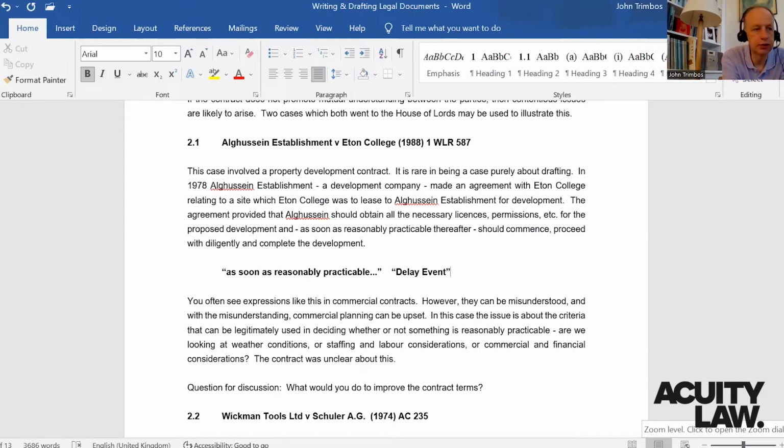So if you're going to specify a time for somebody to perform an obligation or within which they can exercise a right or an option or something like that, well then don't leave it open-ended. However you define time, you've got to be able to say for sure when does time start and when does time finish. And then the other learning point is beware subjective words like reasonable, material, anything like reasonably practicable that